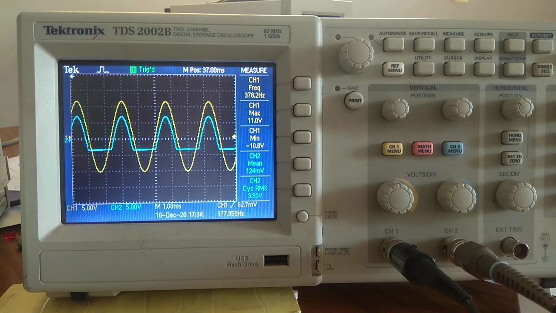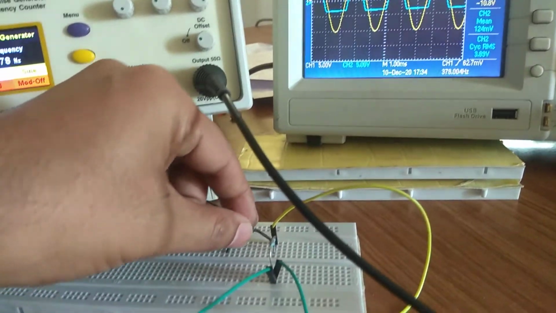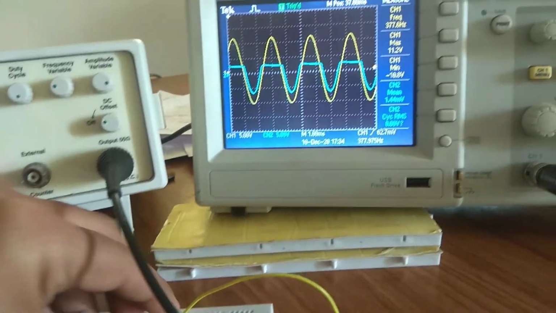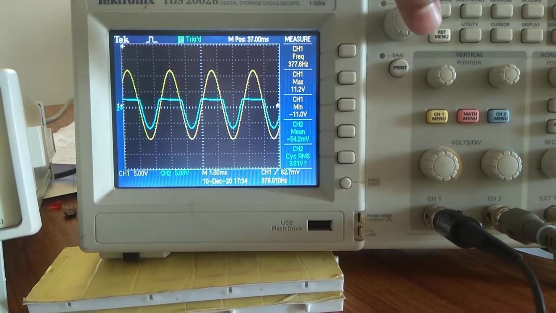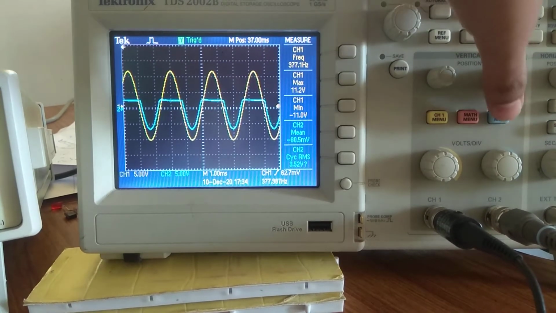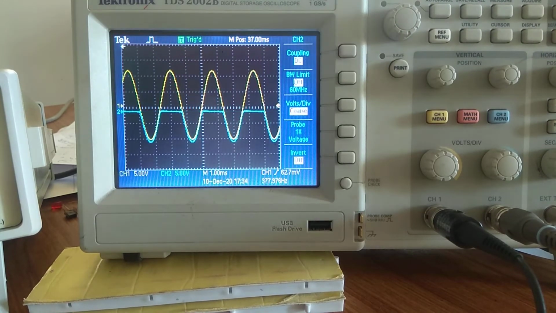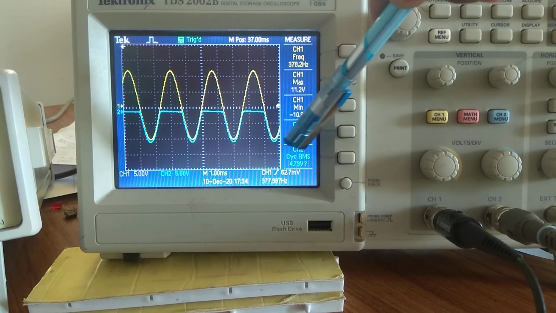Now if I change the diode, see this is the diode, if I change the diode, this will show the negative rectification. See, the negative rectification has been done. Now let me again study, let me switch the coupling again between AC and DC. This is ground coupling, which means it will show 0, and let me make it DC coupling. Now when we have made the DC coupling, the measurement is different. Initially the mean value was 3.61, now the mean value is minus 3.08.